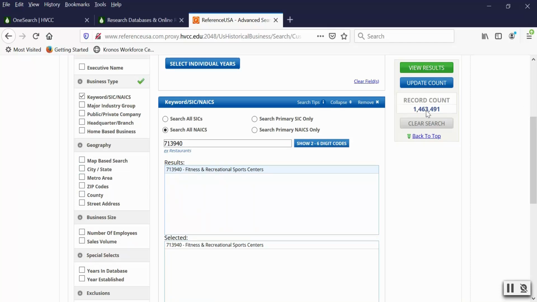Then what we're going to do is, if we want to narrow our search a little more, you can see that this is showing that in the United States between 1997 and 2019, instead of 101,000 businesses, there were over a million, almost 1.5 million businesses that were classified under the NAICS code for gymnasium. So let's narrow that down a little bit. Let's check in our local metro area. So what we can do now is go over to the geography section of our checkboxes, and let's click metro